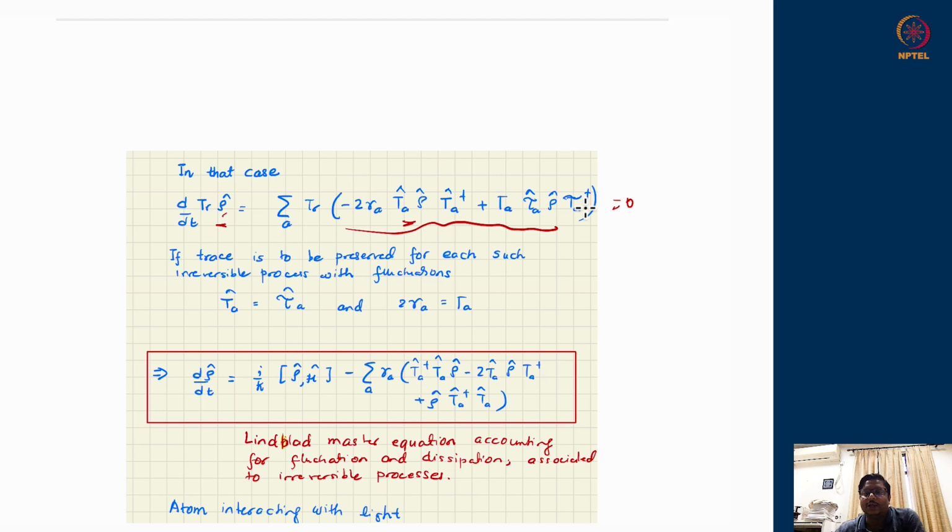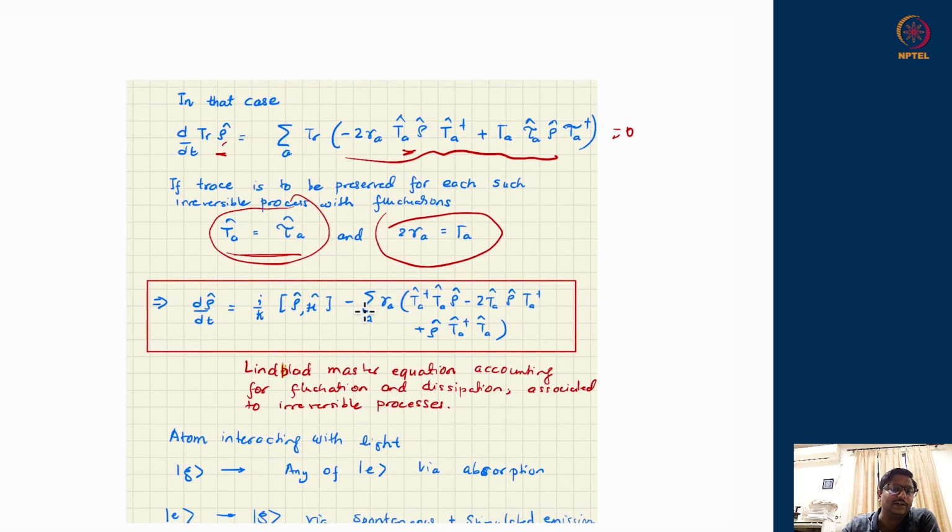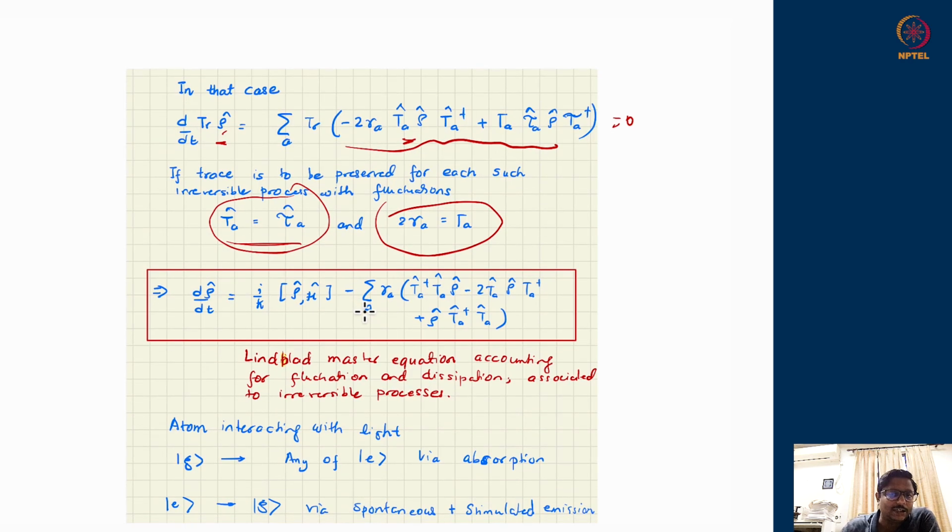So for all stochastic processes in any system, if this equation has to remain true, that means individually these traces should vanish, and that can only happen if 2 criteria are met. Operators should be matched to each other, and the rates should be matched to each other. So now we learn that from this consistency requirement, we have not assumed anything. This is all consistency. With a normalized state, the trace of d rho/dt has to be 0, and for that to happen, the operator should be the same and the coefficient should be the same for cancellation.